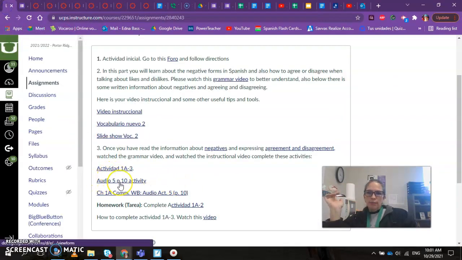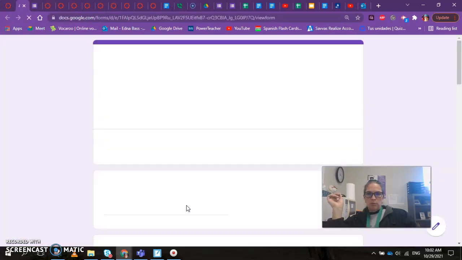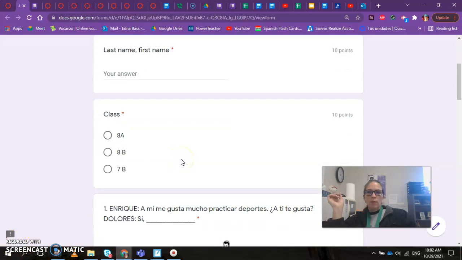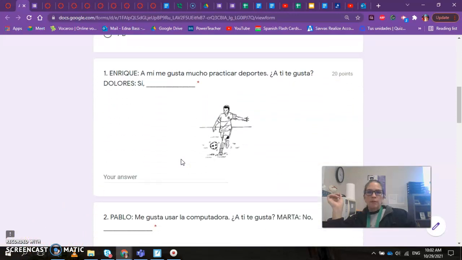Then you have a homework where you're going to complete Actividad 1A2. For this activity, we're going to practice our agreeing and disagreeing.